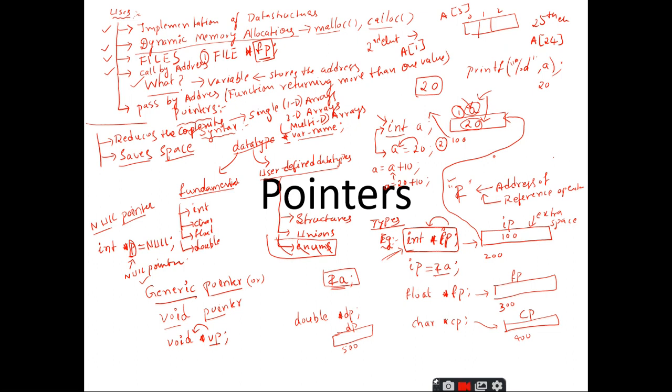So the remaining 9 memory locations, 9 into 4, that is 36 bytes of memory, will be wasted. That is the problem with static memory allocation, where the programmer has to have an idea well in advance of how much memory is required. The reason is there is no provision in static memory allocation to increase the size of the memory once you have declared it, right?